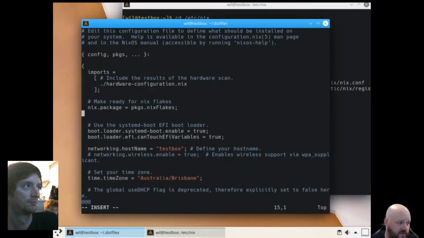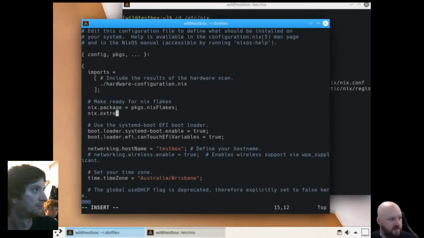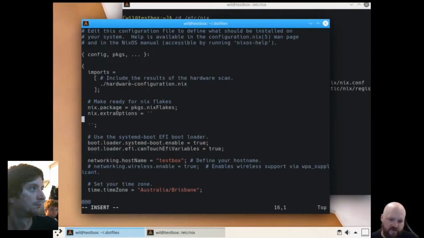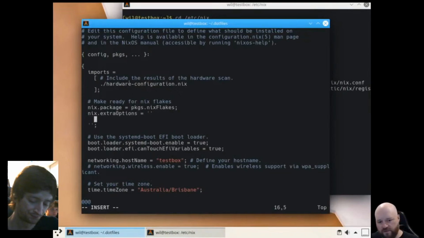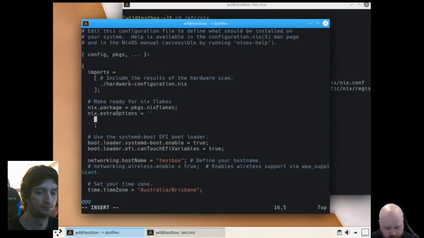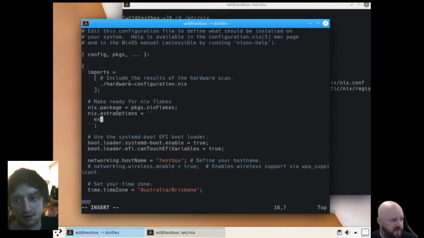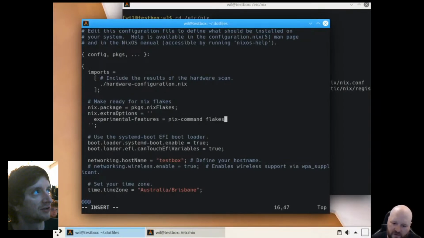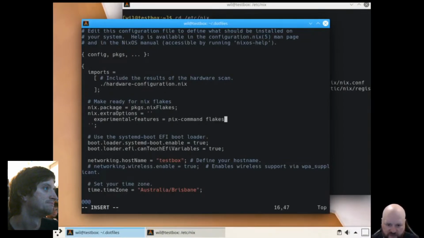And then we can also do nix.extraOptions equals, and what this does is it will actually append something to the end of your nix config. So all we have to do here is go experimental-features equals nix-command flakes. These are the two settings of extra config that you need to set to enable nix flakes to work properly. So if we do that,